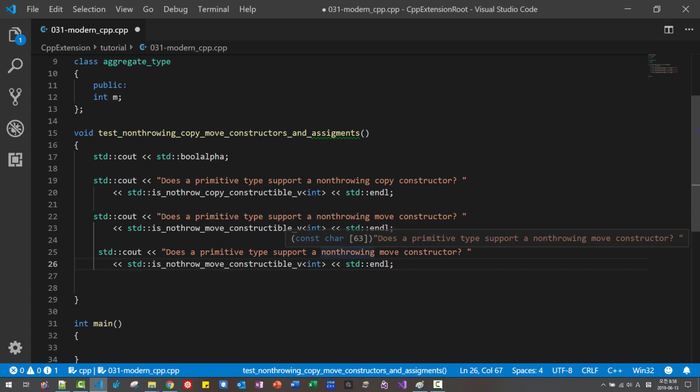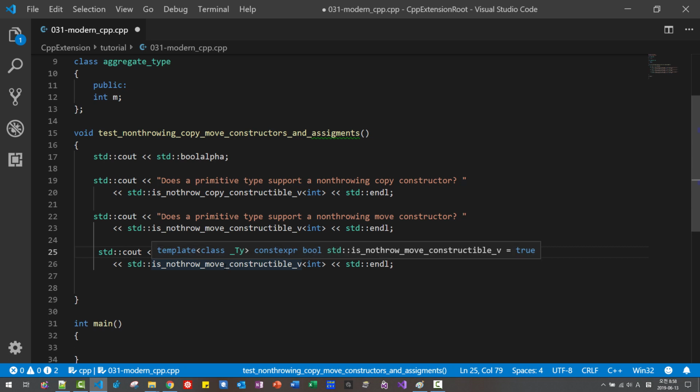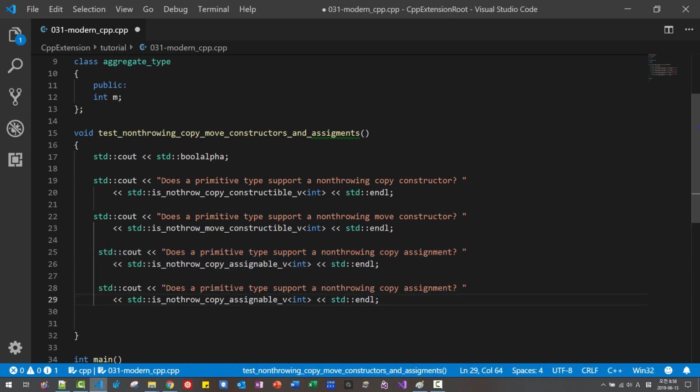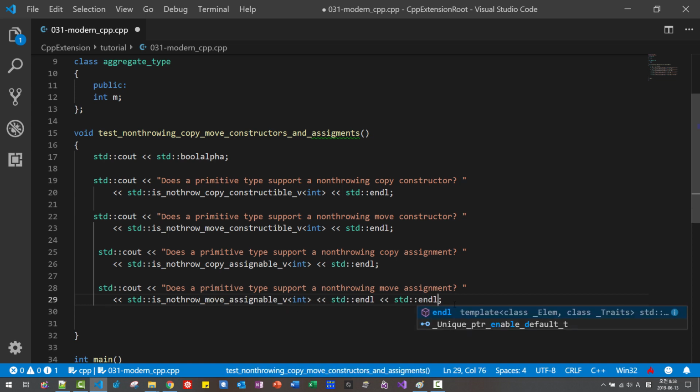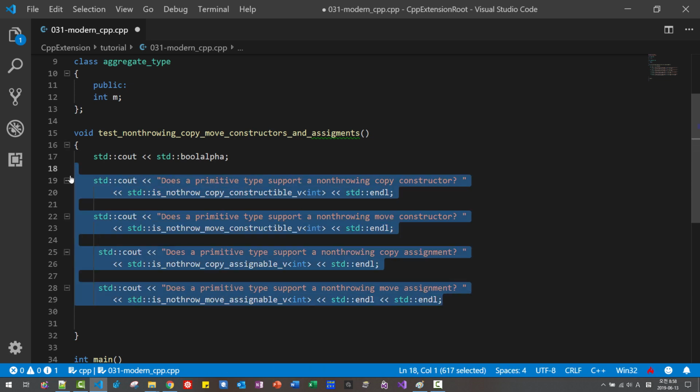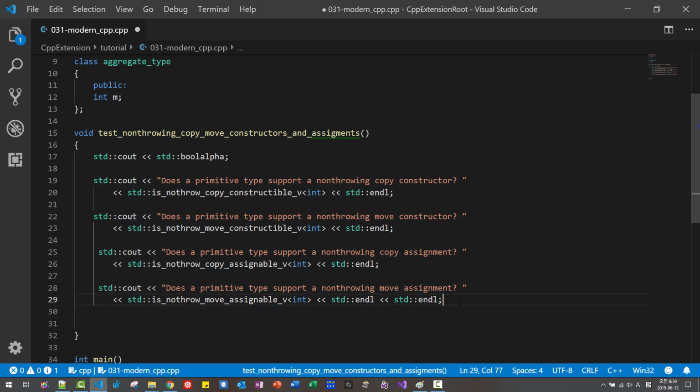Support non-throwing copy assignment. is_nothrow_copy_assignable. I will copy once again. Does a primitive type support non-throwing move assignment? Move assignable. And I will copy the whole text. Copied,